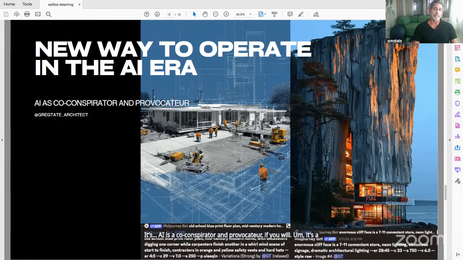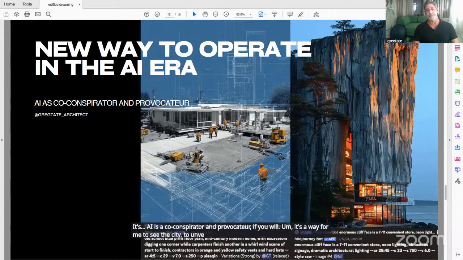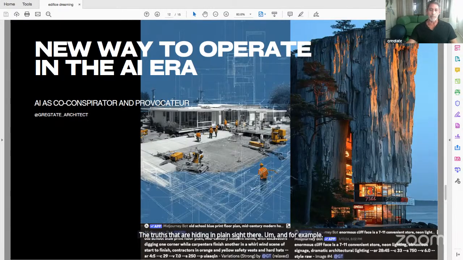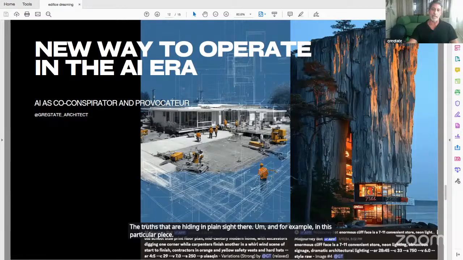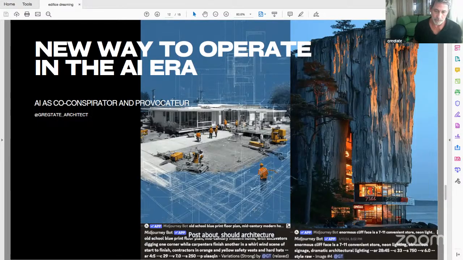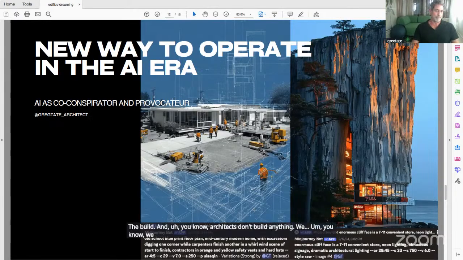It's a way for me to see the city, to unveil the truths that are hiding in plain sight. For example, in this particular piece, Dezeen had a post about whether architecture schools should teach students construction, to build. And architects don't build anything. We oversee construction.